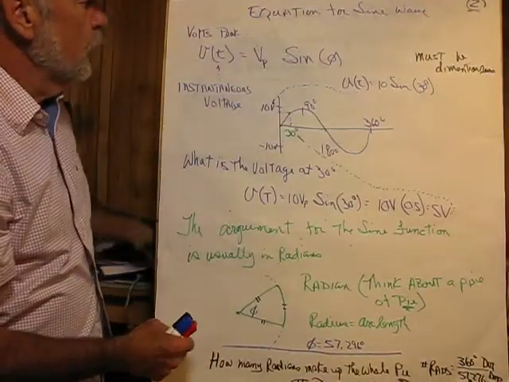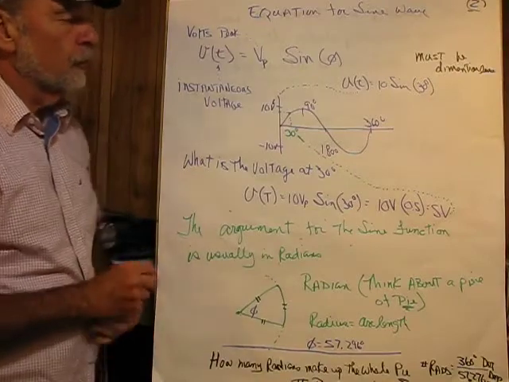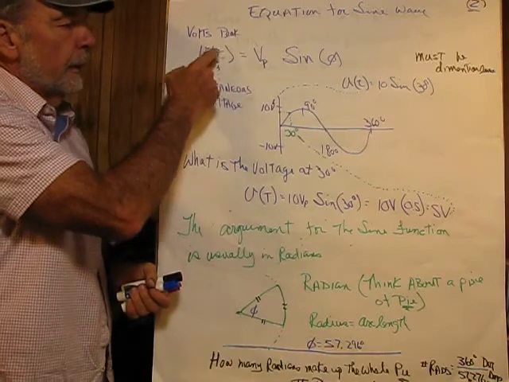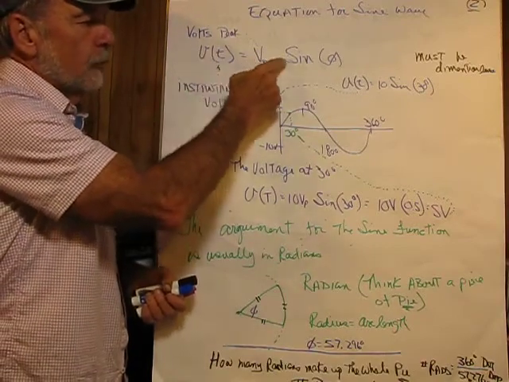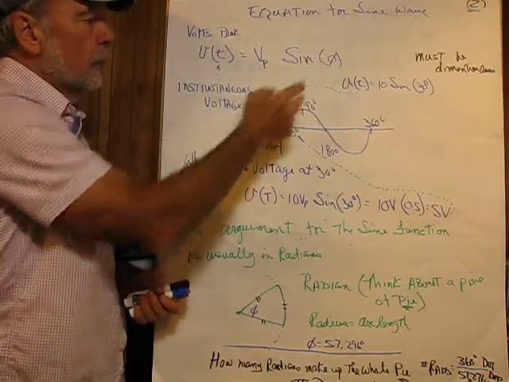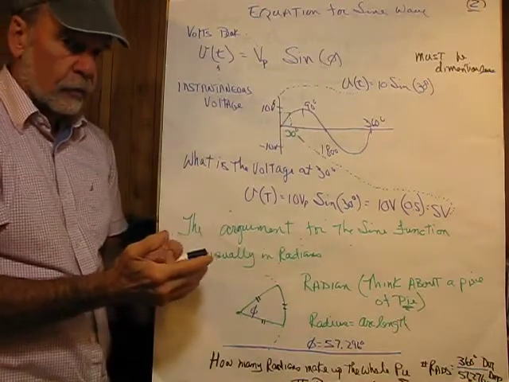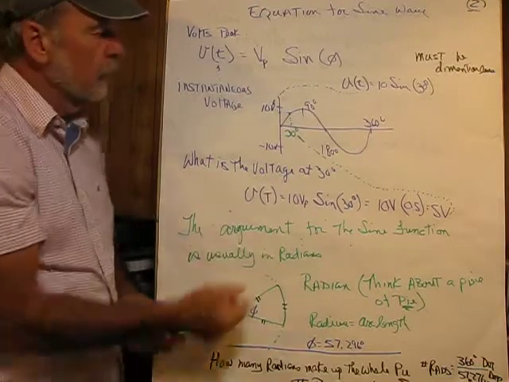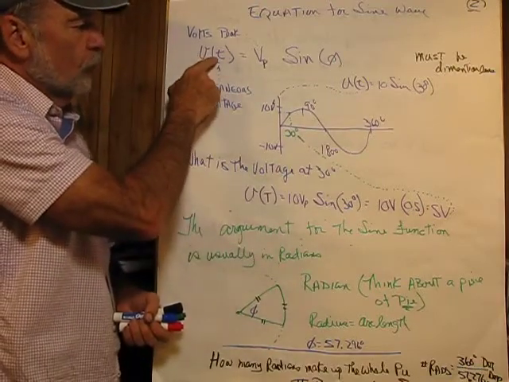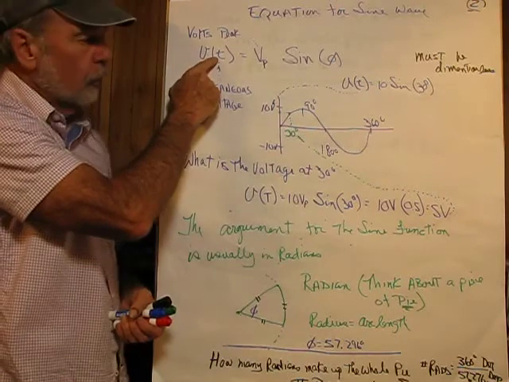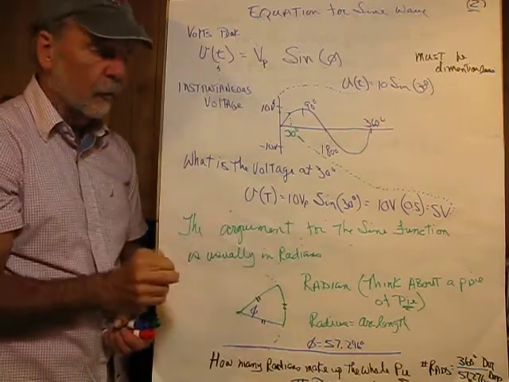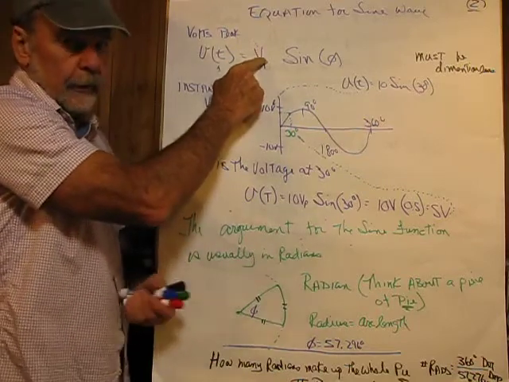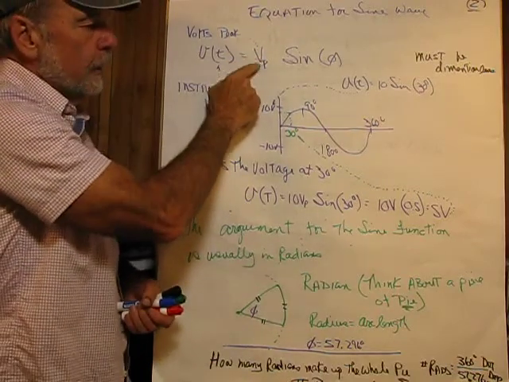So let's take a look at the equation for a sine wave. This starts out in the textbooks and math books as x equals A sine of the angle. In our case in electronics, we're just going to substitute our terms into that, and then we're going to have to expand this a little bit. So instead of x, we have voltage with respect to time. This is finding the instantaneous voltage at any point in time. A here, meaning the amplitude, would be voltage peak,